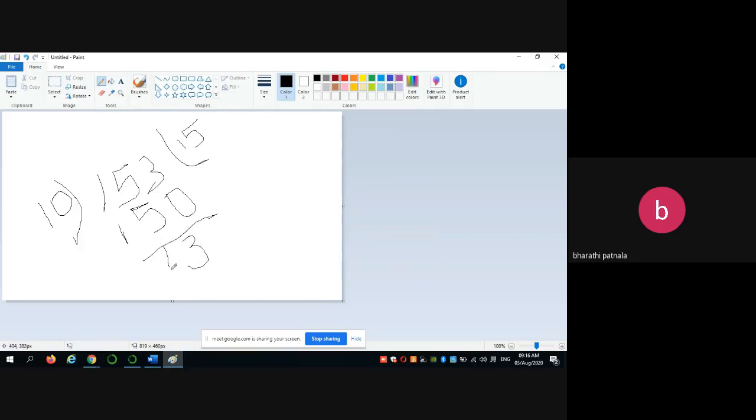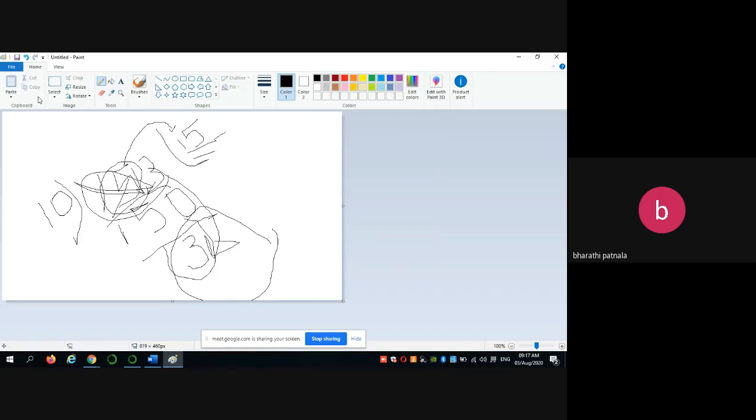Then the remainder is 3. Okay. So out of 153, you got the last digit and the remaining number 15. So you have to retrieve the remainder first. Later, the original number 153 is replaced with your quotient value.